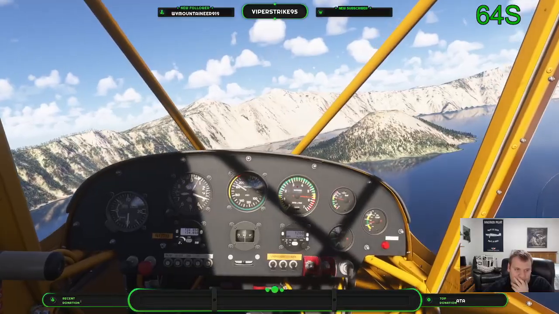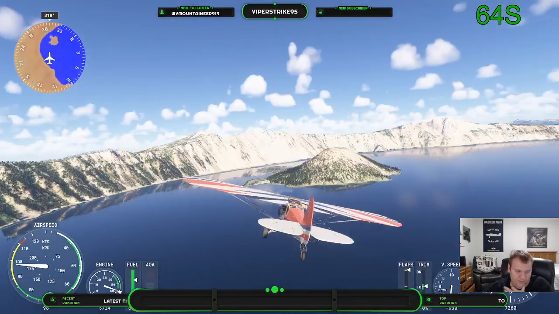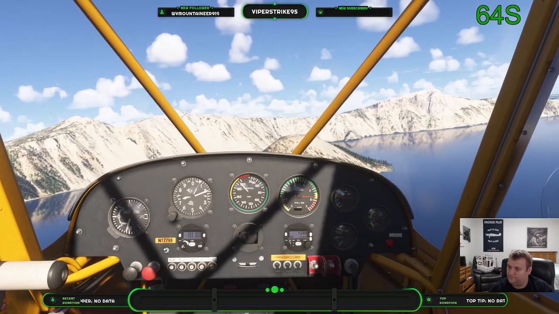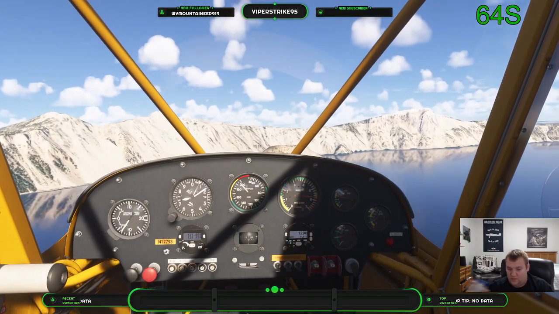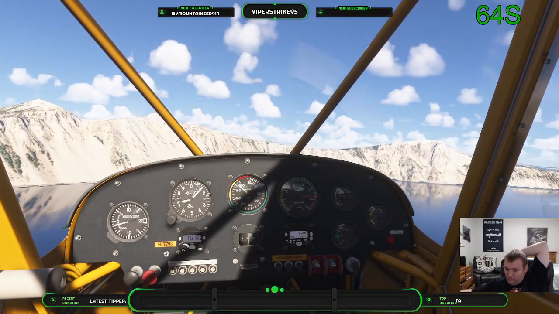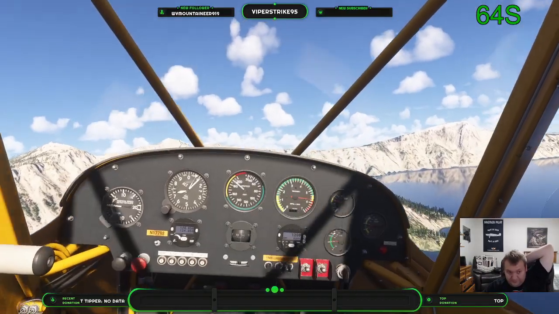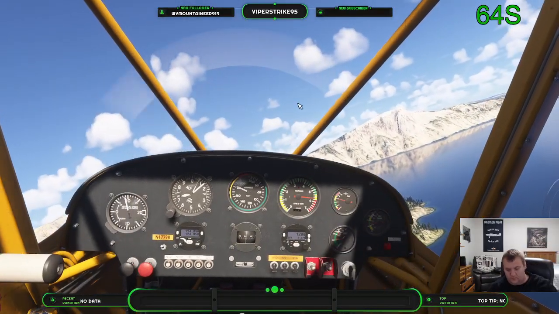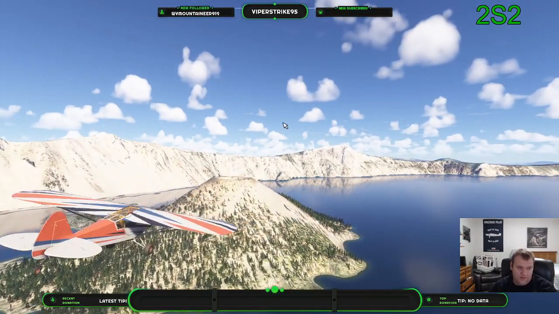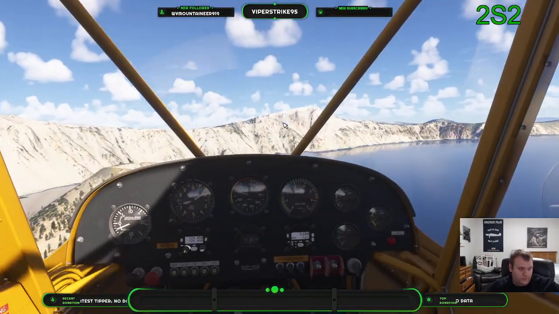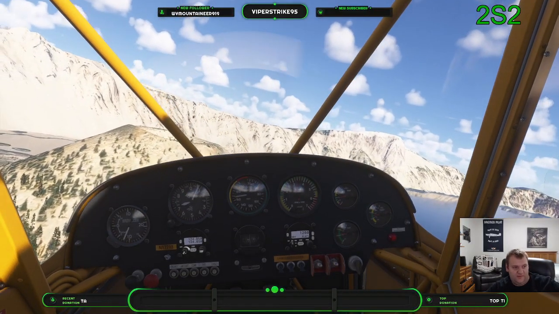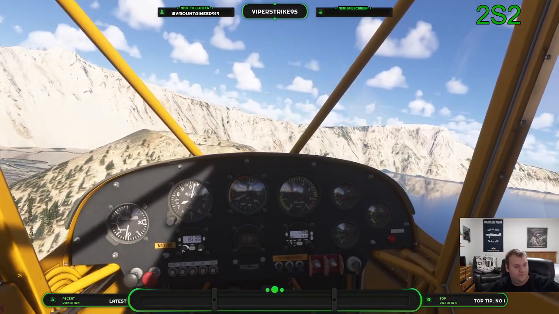Really cool stuff. Yeah, this is Wizard Island. This right here is the Witch's Cauldron. We will not land here, but